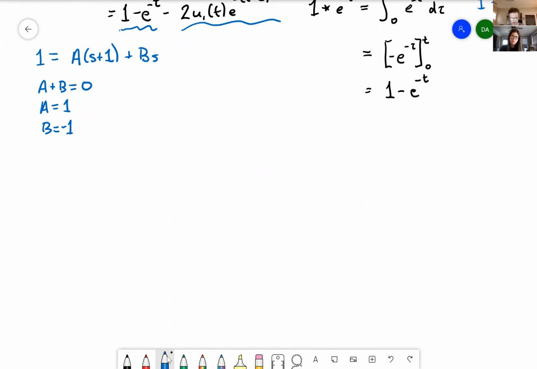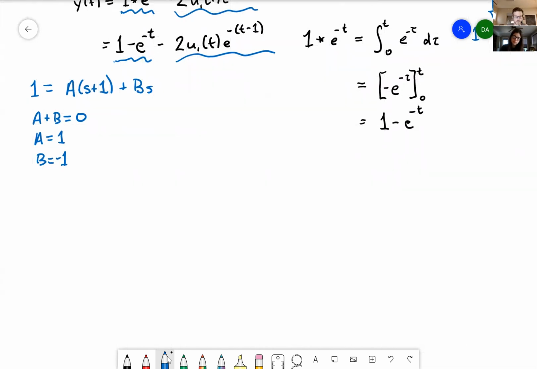All right. So I'll put that into my work and see. So 1 minus exponential of negative t minus 2 h of t minus 1 the exponential negative